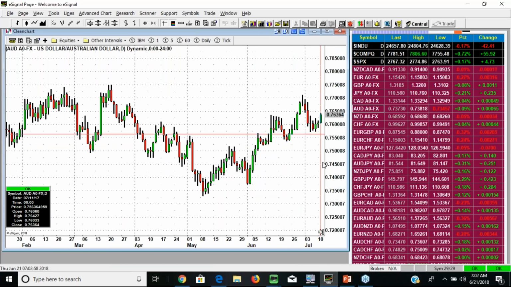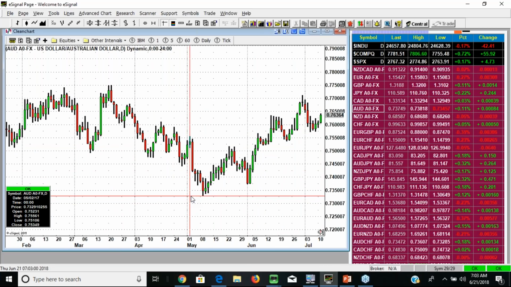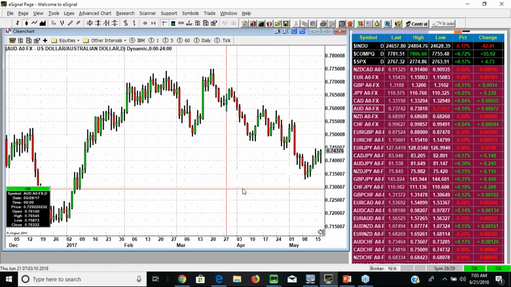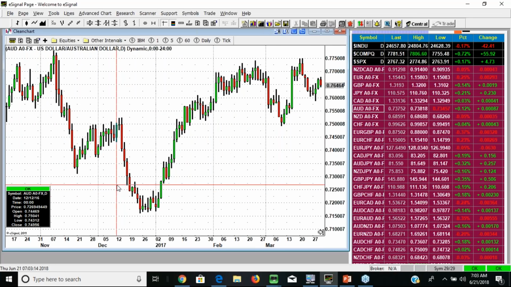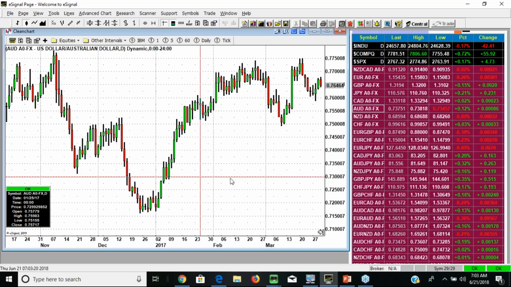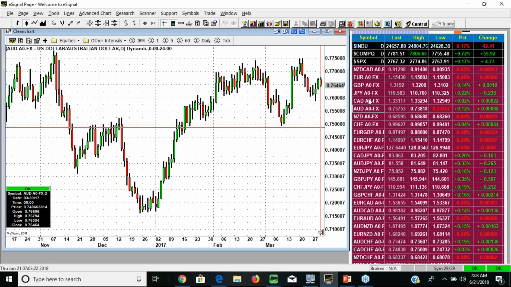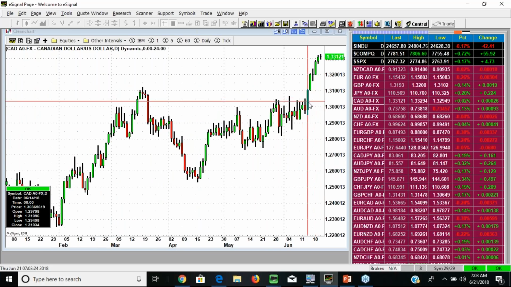This is a really good example. Rally, consolidate, indecision, closing at the lows. Now, of course, your risk on this one is really high because it's a big candle, but the probability of it continuing is very strong as well because that was a very big candle. This is a very clean example. Here, you have a rally, indecision, breakdown, and it even breaks below this range. Very strong signal for a continued move lower in